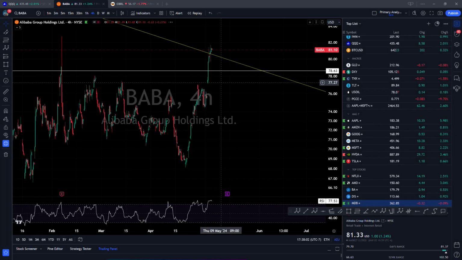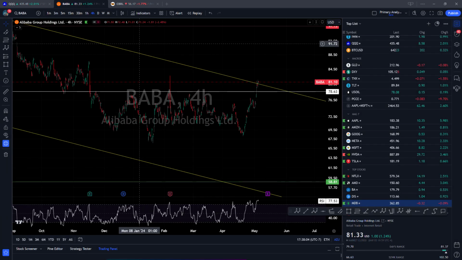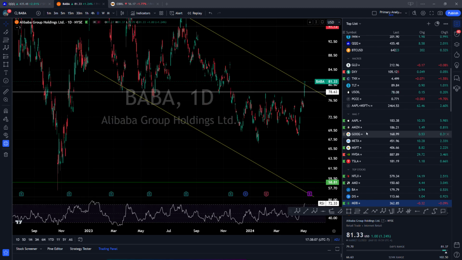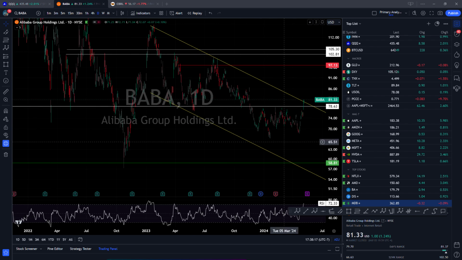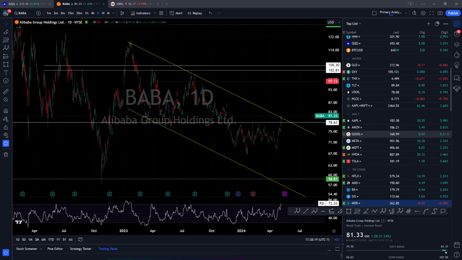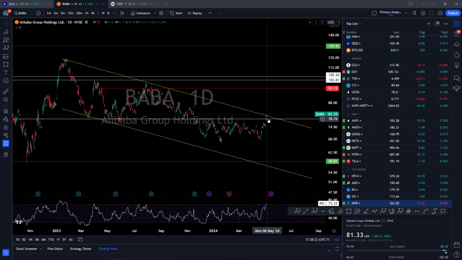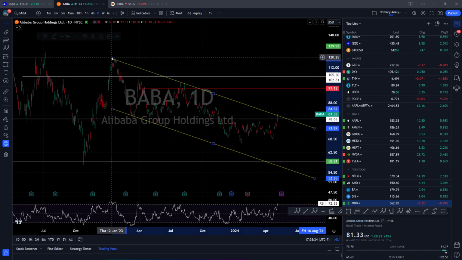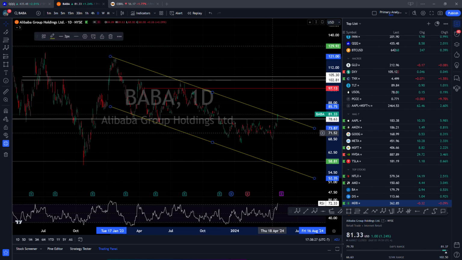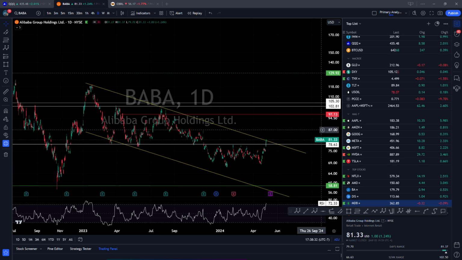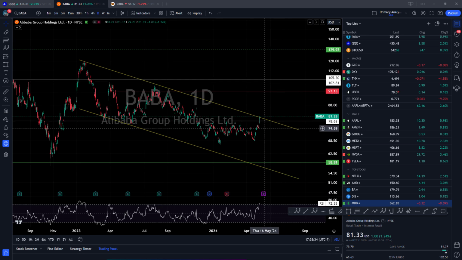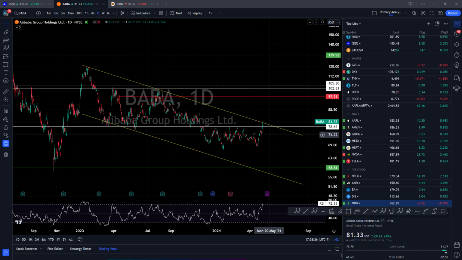I alerted this, I think in one of the channels, that Baba is looking really good. I mean, it kind of chopped for a very long time in this area, and every time anybody asks, I said we will not talk about this until it's above 79, right? Because it's not even looking interesting to trade this. But now above 79 from Friday and breaking this downtrend line, right? You can go long with either the stocks or long dated options. Will there be a pullback to do it? Maybe, maybe not. I don't know yet, but we'll see about it on Monday.